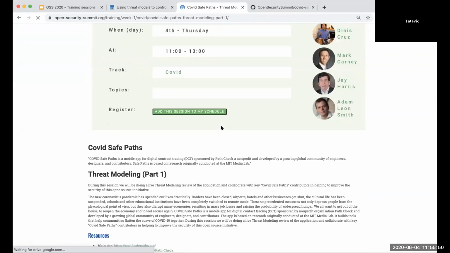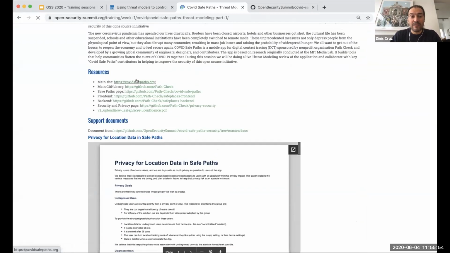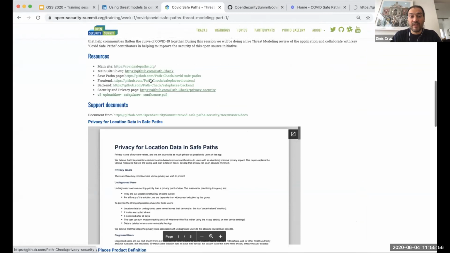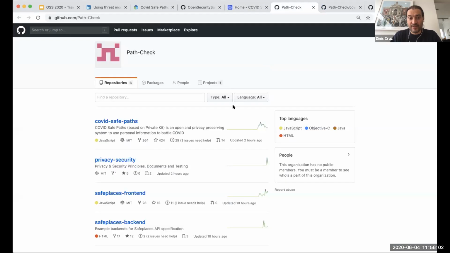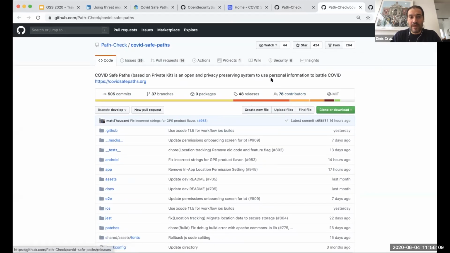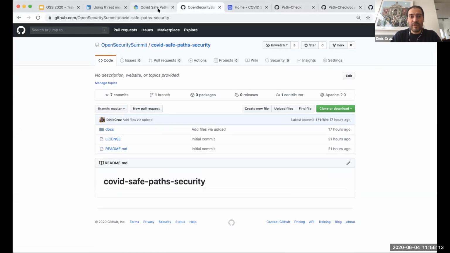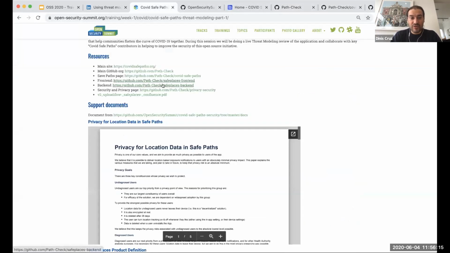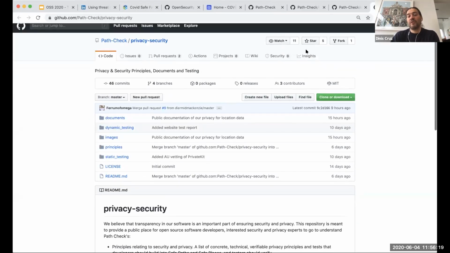Yes. Yeah. So if you look at the site, it already has a lot of great stuff in here, right? They already got a lot of great documentation that they provided. There's the website, and then there's the GitHub repo. Love the openness. I think this is the main app, and there's the back end and the front end. Sorry, and there's also a really cool section for security, which again, top marks, right? So we should be contributing to this.